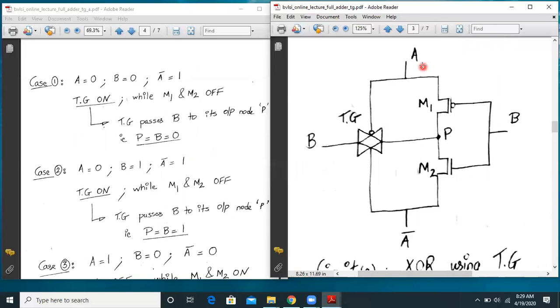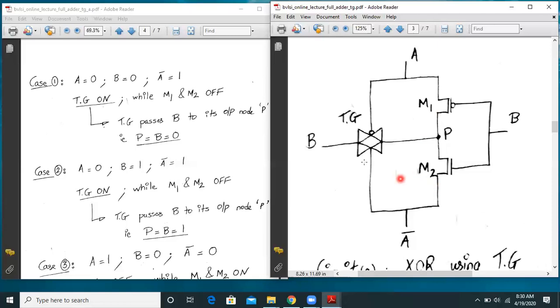Second case is A is 0, B is 1, and A bar is also 1. So in this case, this transmission gate is on, whereas the transistors M1 and M2 are still off.